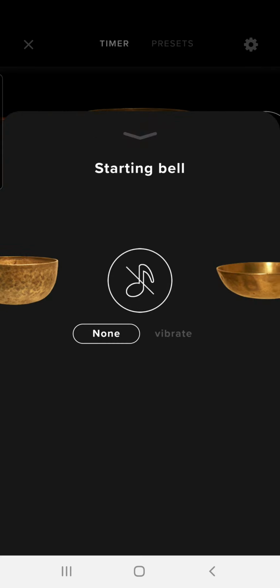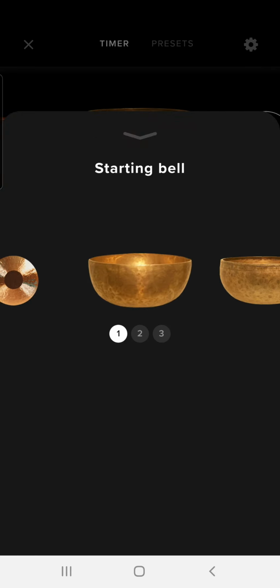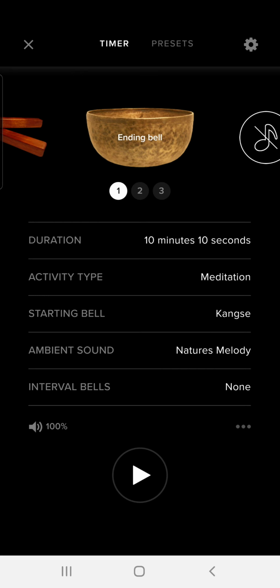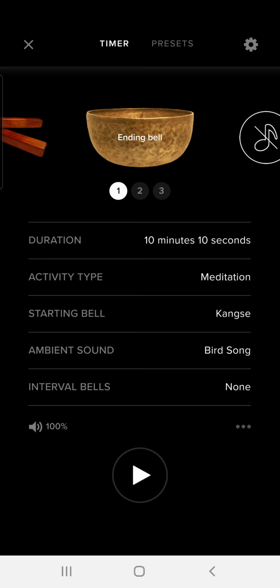Starting bell, choose what kind of a starting bell you want. Okay, this is amazing. You can choose multiple sounds which are there. Choose a sound which appeals to you.